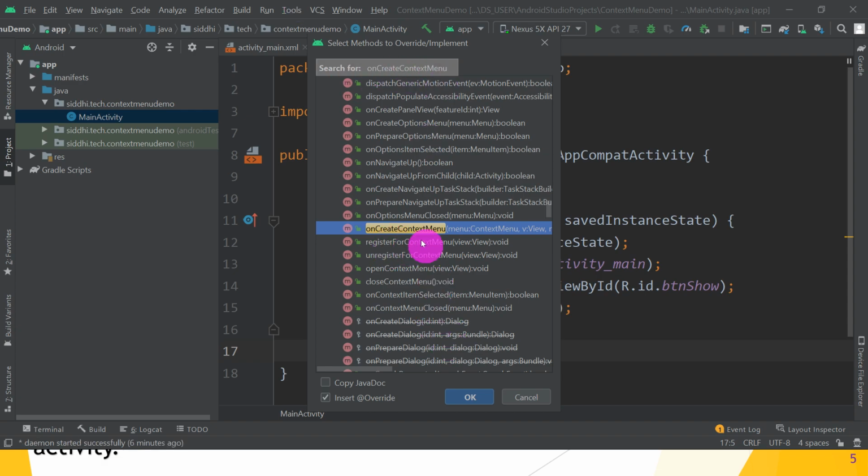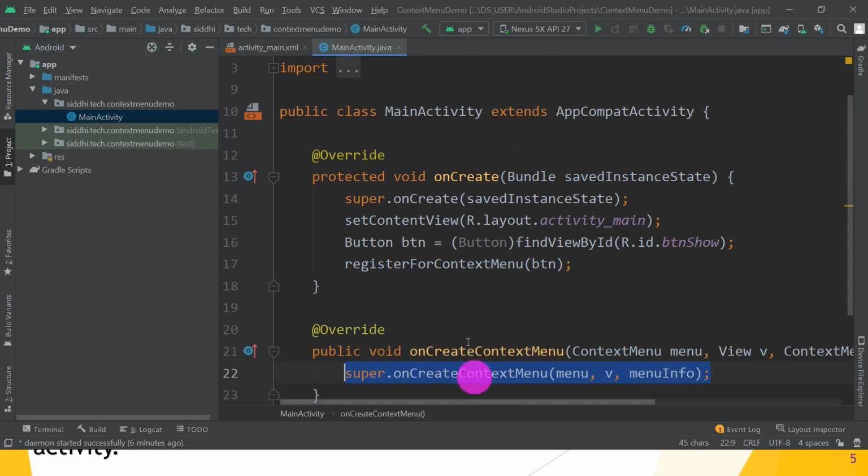the onCreateContextMenu method, where this method requires how many arguments? 3 arguments. One is the menu, that is context menu, then view, then menu info. Great. And what does this method return? This method returns void. Return type is void. So click on OK button. Great. So this method